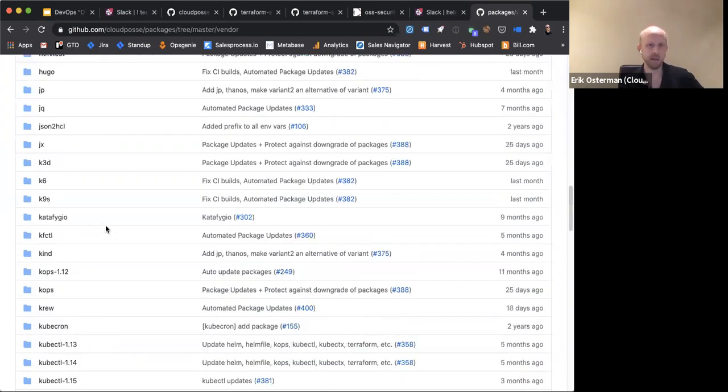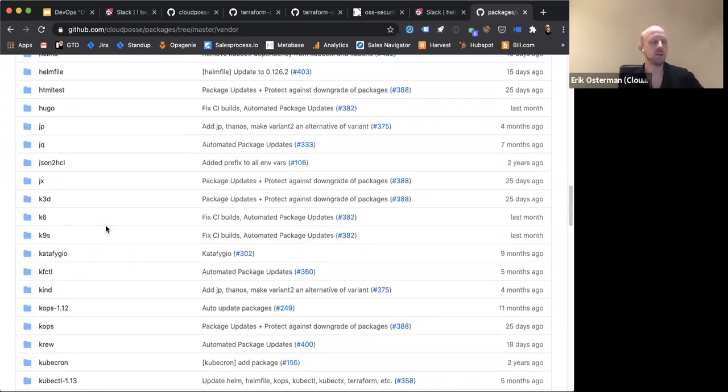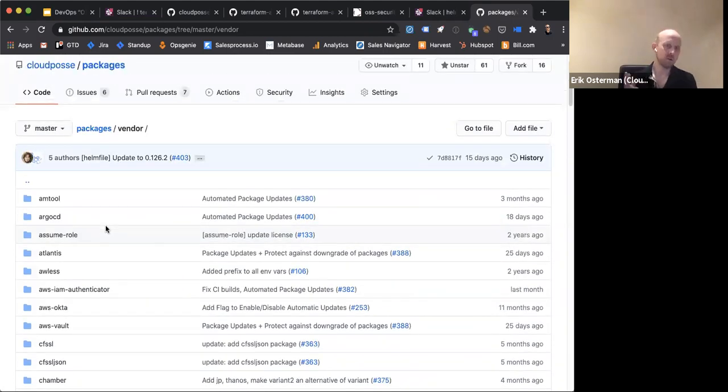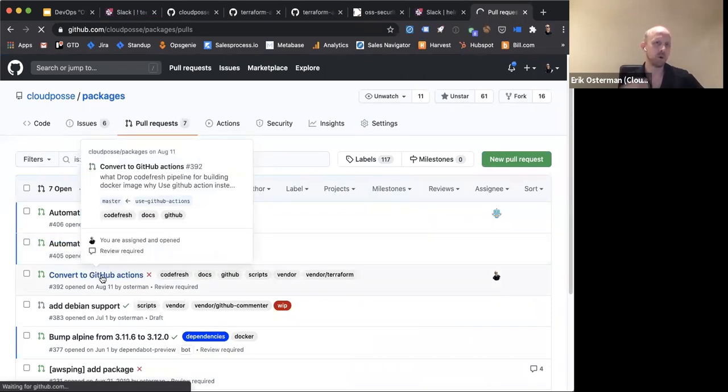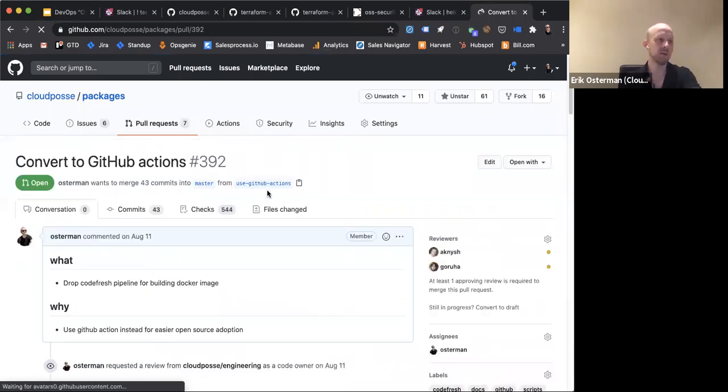I think there's over 100 packages now that we depend on. So we actually manage our own distribution of these packages for Alpine, and we are migrating those over to GitHub Actions. And as part of migrating those over to GitHub Actions, we're going to be hosting those at Cloudsmith.